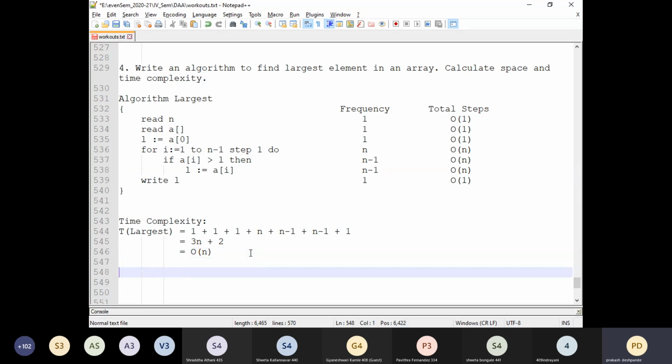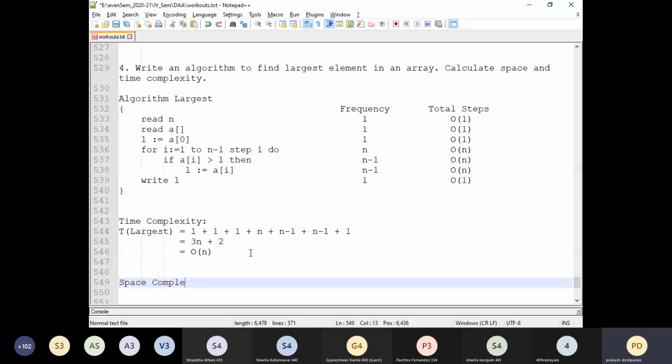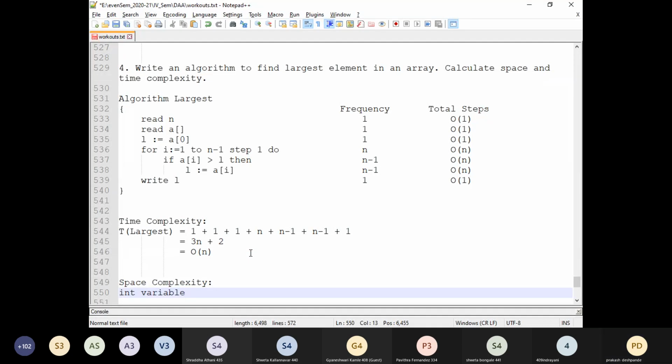Then the next is space complexity. Okay. Now we have solved enough exercises. Can you tell me the total number of variables and total number of constants in this algorithm? How many integer variables are there? What are those? n, L, i. The array we need to consider separately because it depends upon the n value.